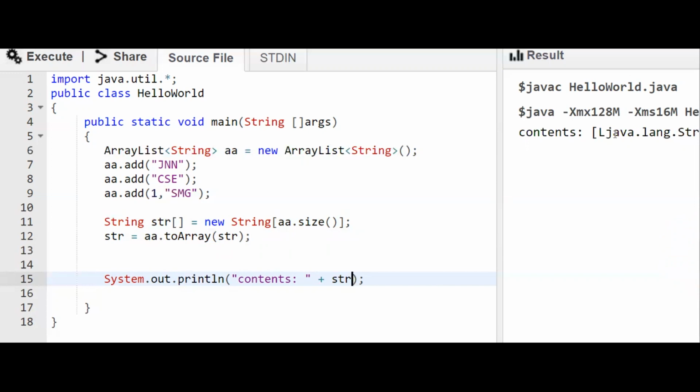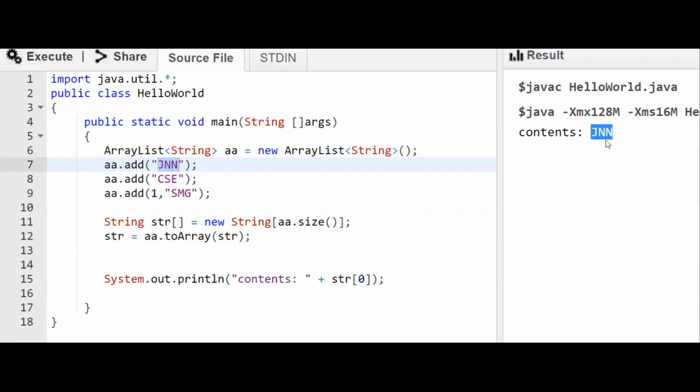See, if you print, it is just printed as java.lang.String. So instead we can specifically print by passing the index location. Let us give 0 as the index. Then the 0th element in that particular string array will be printed, that is JNN. In the array list, JNN is the first one. This is one way of converting.